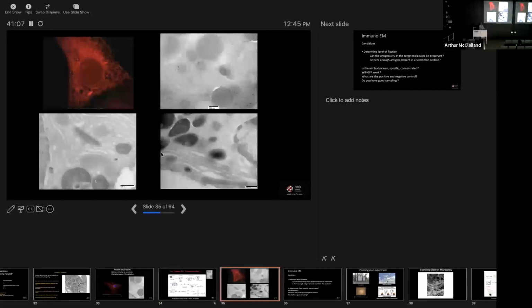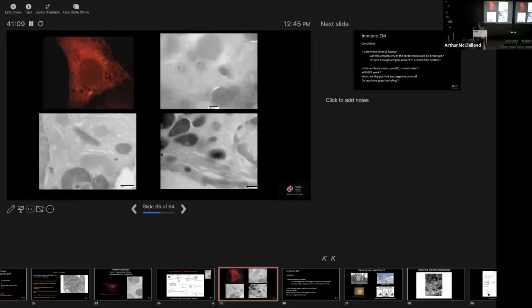All right, so here's just another example of how much better resolution and higher definition of information you can get with gold labeling. The top is ER mCherry transfected cells. And then the three pictures show three different localizations of that mCherry, and very clean otherwise. So here we've got one example of the mCherry labeling these little gray dots. And it's only in some of the ER, just where these little gray dots are. It's actually labeling the gray dots.